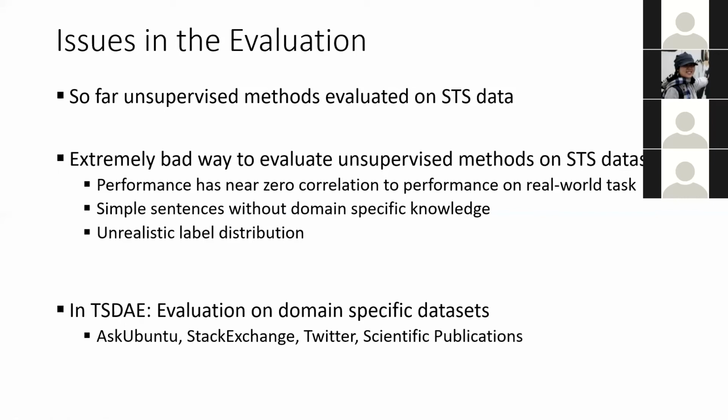So far, unsupervised methods have been evaluated on STS data, but this is an extremely bad way to evaluate them. First, we see that the performance has near-zero correlation to performance on real-world tasks. If you want to use the system to find similar publications about COVID-19, you don't see any correlation between how well it performs on STS and how well it performs on COVID-19